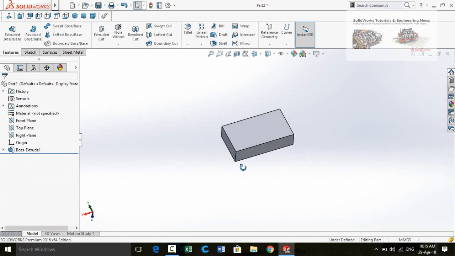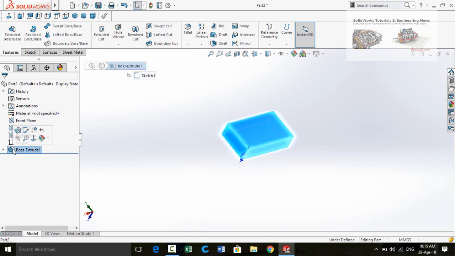Before going to learn that, let me show you how to edit this applied Extruded Boss/Base feature. If you see here on the left side, Boss-Extrude1, this is the Extruded Boss/Base command which we applied recently. If you click on it you will see some options here.